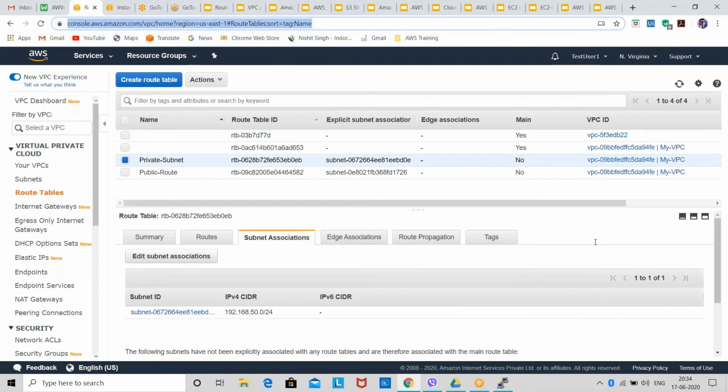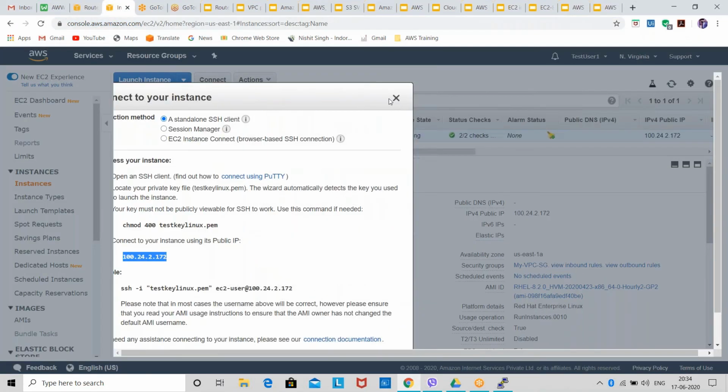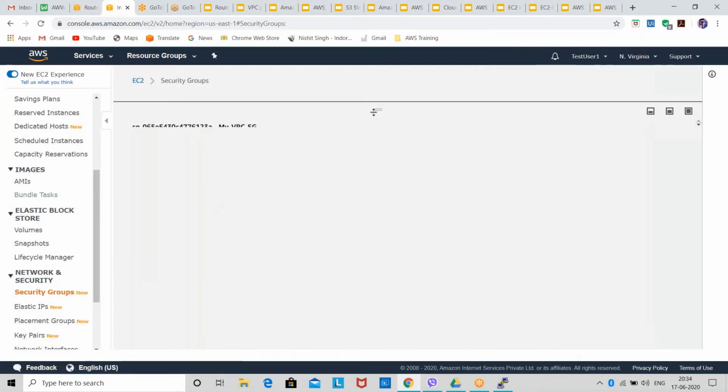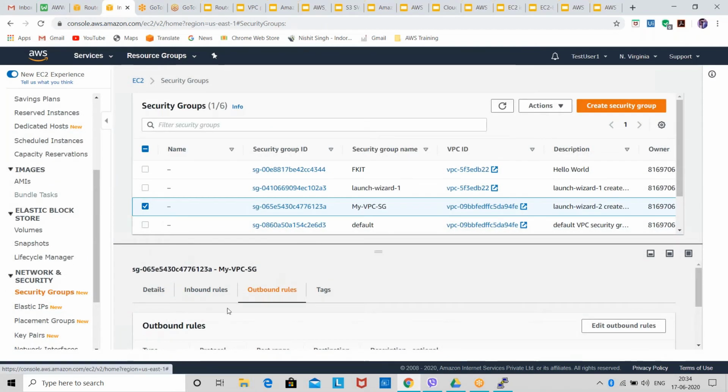Okay, thanks. I got confused. Which kind of confusion have you got? I also think that there is some issue in security group. I'll see what it is.